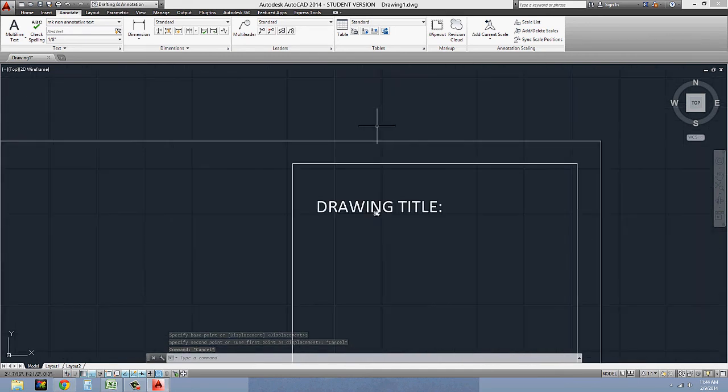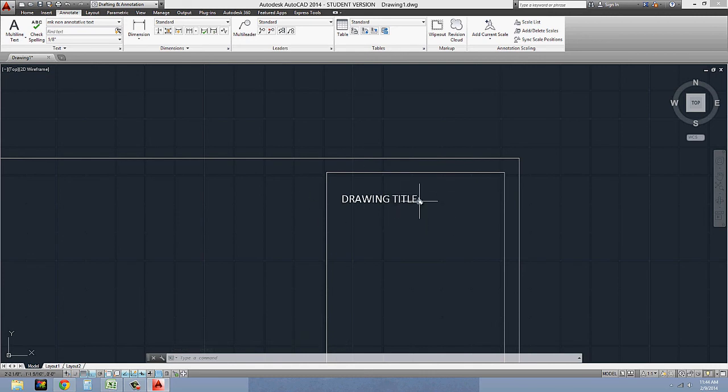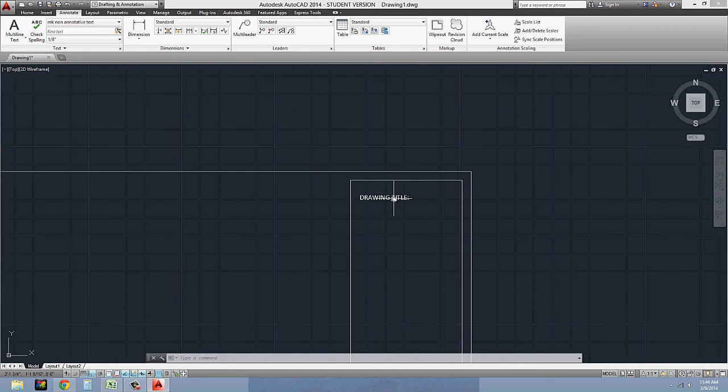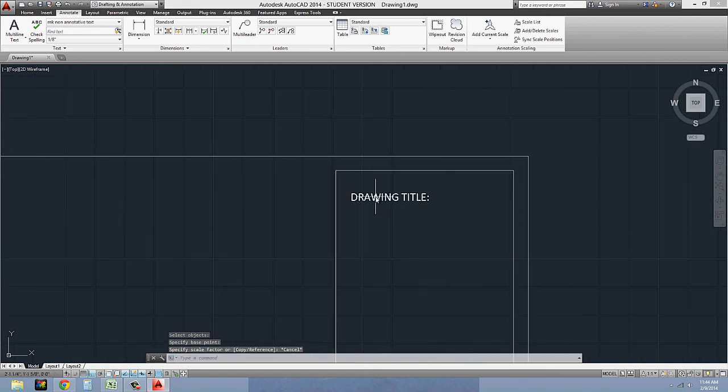So for example, if this is going to be where I note my firm name or whatever designer information that I have here, if it's something important that I want to stand out, what I can do is either scale it to the size that I want it to be, or I can give it a scale factor. So if I want it to be 1/4 inch, that's twice 1/8 inch, I can just use 2 as the